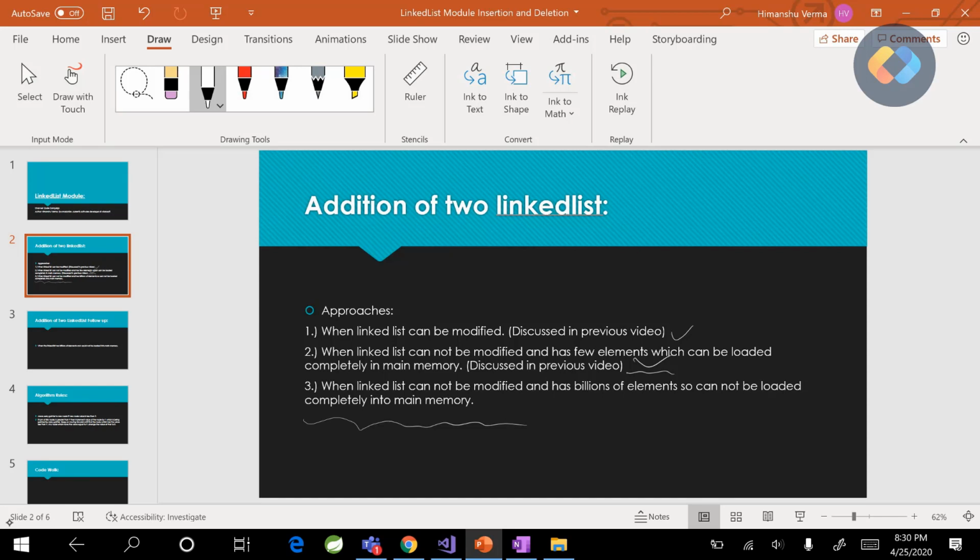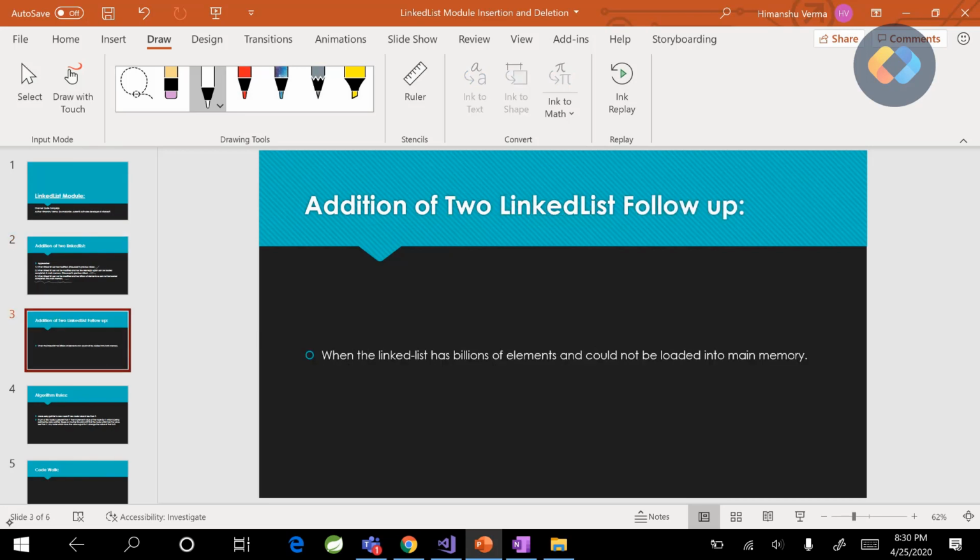So we cannot use that solution in follow-up 3 because we cannot load the complete list into the memory. In this video, we are going to discuss how to solve it without even using recursion. So let's see.